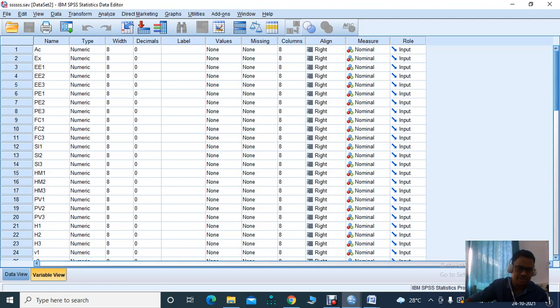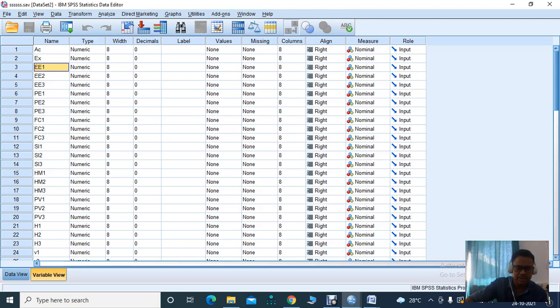I'll be demonstrating with only a single variable each, that is effort expectancy, facilitating condition, and performance expectancy, all in one variable. For example, I have used a Likert scale. A Likert scale is an ordinal scale, but we treat it as an interval or ratio scale. However, in the main analysis, we have to add all the items, for instance effort expectancy 1, 2, and 3, and take the mean score to get the final effort expectancy. So this is the explanation of my data.